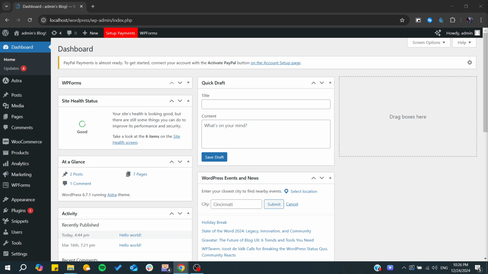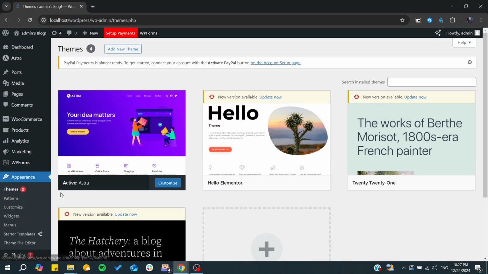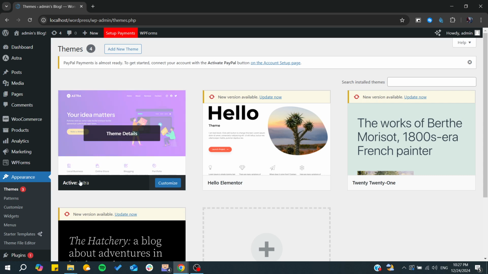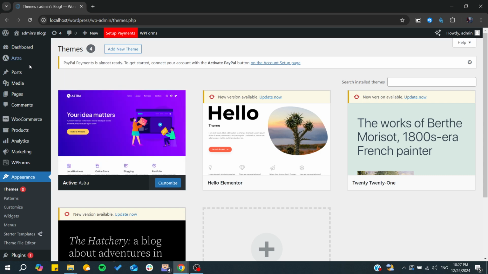So all you need to do is just install or add a theme that already has the category page added. For example, you can go to Appearance and from there we will find the themes. In my case, I'm using the Astra theme since it has many templates that you can